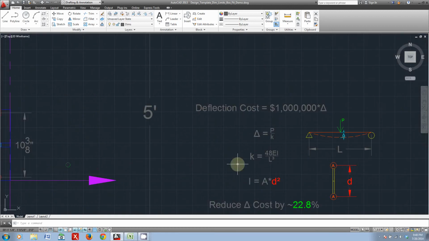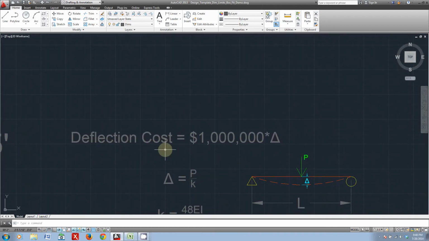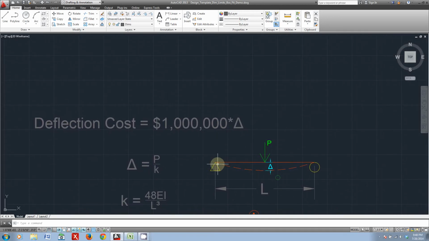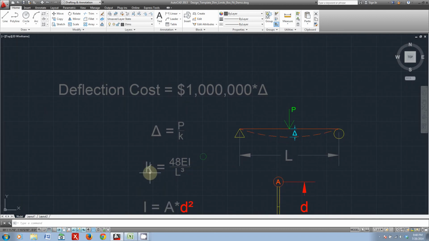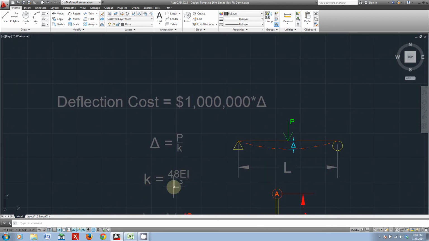And why is that significant? Well, let's take a look. The deflection cost is roughly $1 million times the total deflection of the bridge. Now I've done a very simple example where I've idealized the bridge as a beam. I've applied a point load, the load value of P, and I'm measuring the deflection value delta. So delta, or the deflection, should be equal to P divided by K, where K is the lateral stiffness of my beam bridge. K can be computed as 48 EI over L cubed, where L is the length of the bridge, E is the Young's modulus,